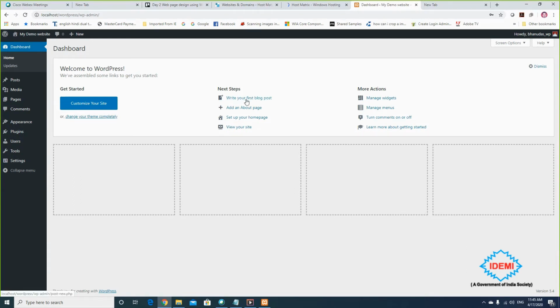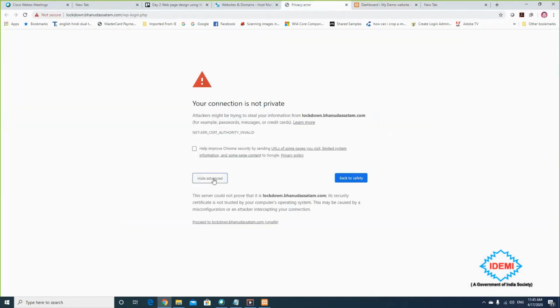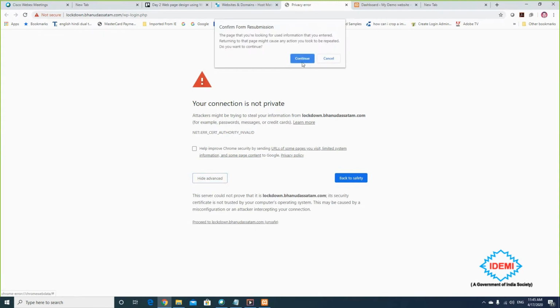My recommendation is that if you are creating a website before buying hosting and the domain name, you create it offline and then upload it afterwards. So I'm just clicking on proceed to lockdown.bhanudasetup.com here.